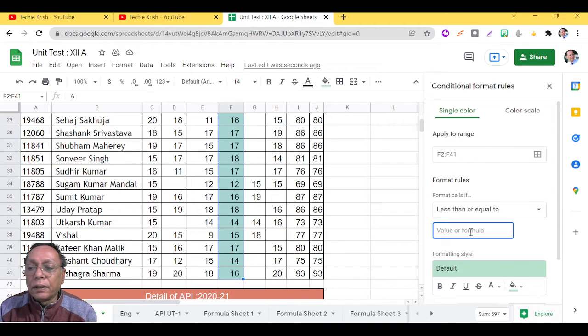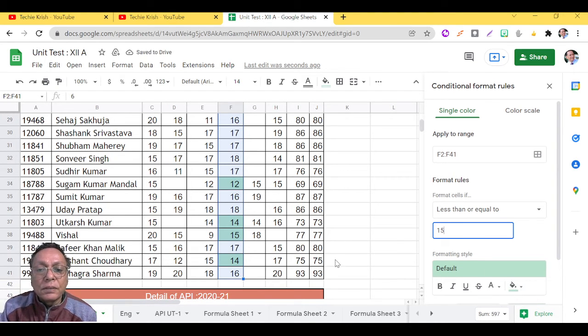You have seen many rules are there and you can select any one as per your requirement. I wanted the color of the text to be red if the marks are less than or equal to 15. So I have selected the rule less than or equal to 15,